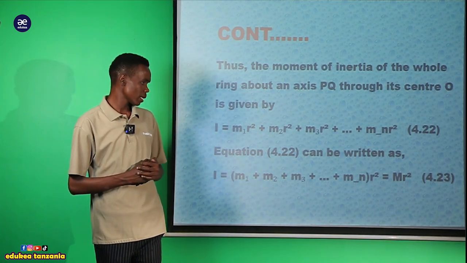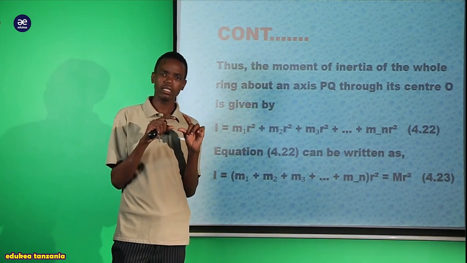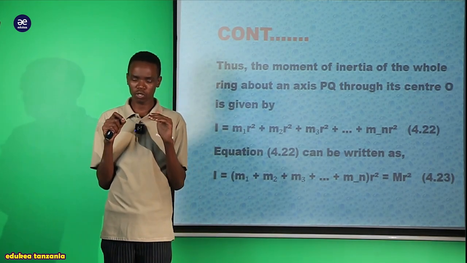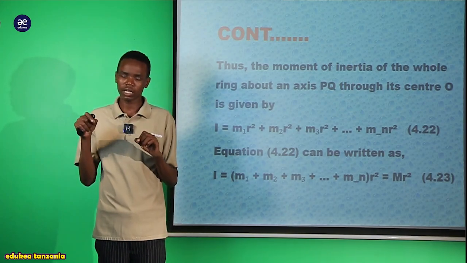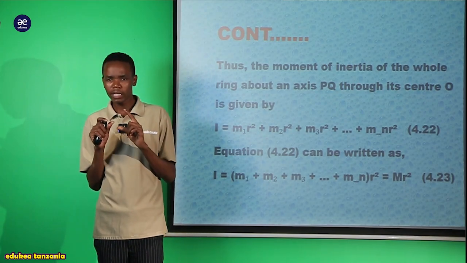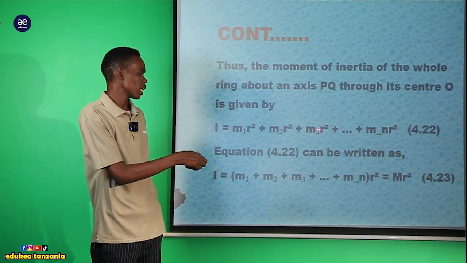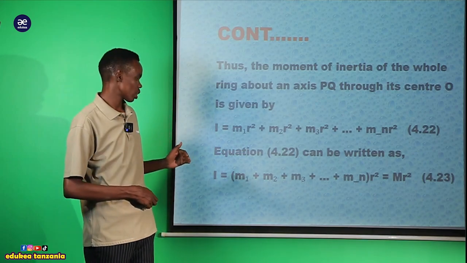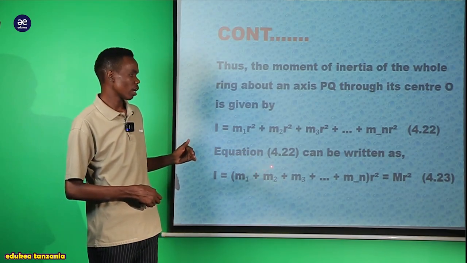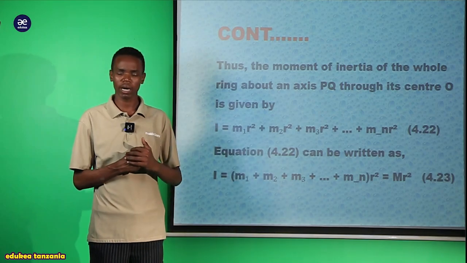So after this, my dear student, we are supposed to assume that the distance from the center to any particle found inside the ring is the same. Kwa kuwa distance ni the same, we should factor out. Kwa huyu r kwa sababu ni common, tutaweza kumfact out. Tukishamfact out tutabakiwa na equation yetu, it means that we record equation number 22 on topic number 4 here,